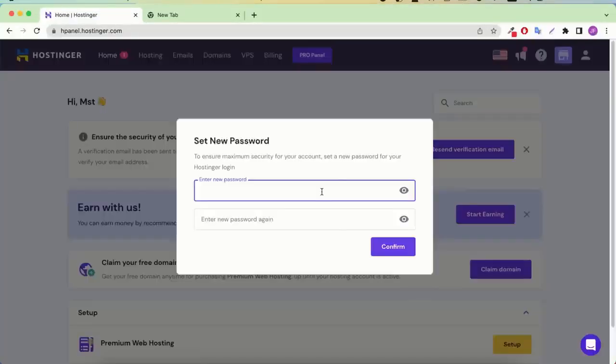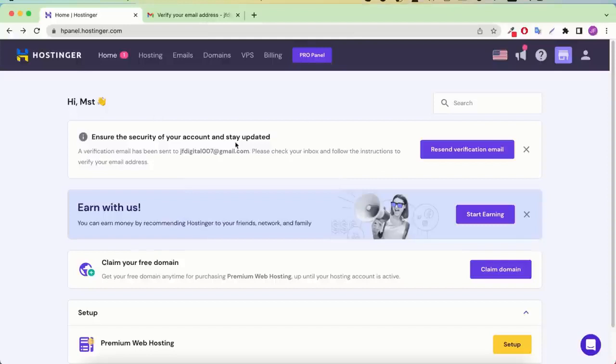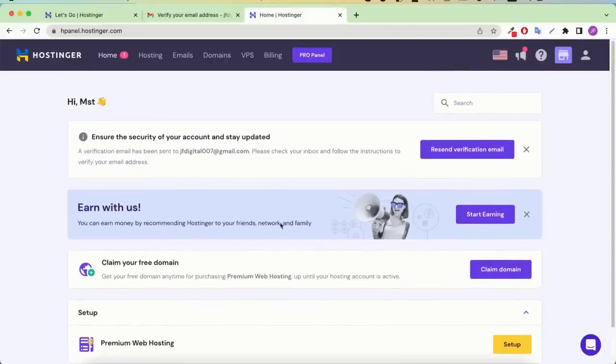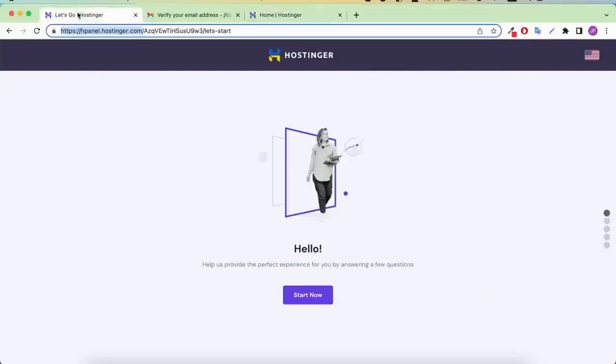Then it will redirect us to the control panel. Let's set a very strong password in here. And now here, as you can see, they are saying to verify our email address. So you can check your email and verify it. If you get to see this type of page instead of this,